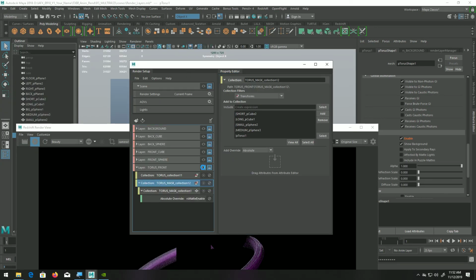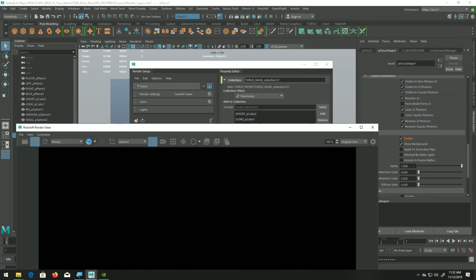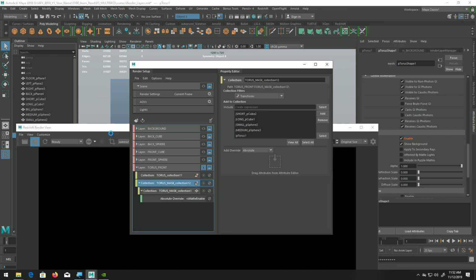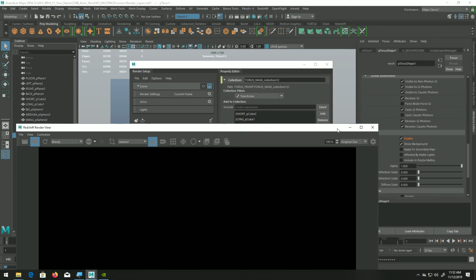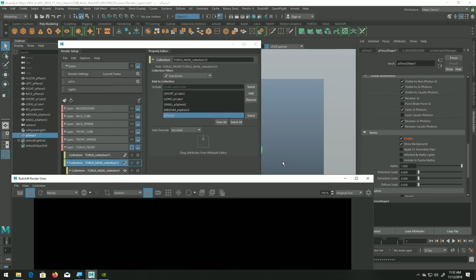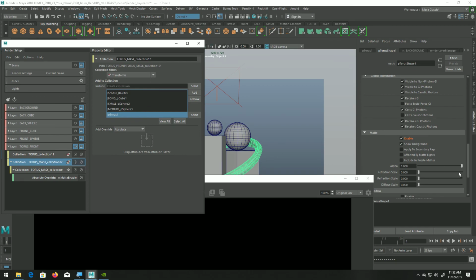Okay, since I'm actually not looking at it. Now everything is masked. However, now I just need to extract this matte somehow, this Torus object, and actually I'll try to do it in a different way. So I'll just try to select this Torus object, but I don't know if it needs to be a part of the same collection, and create a relative override